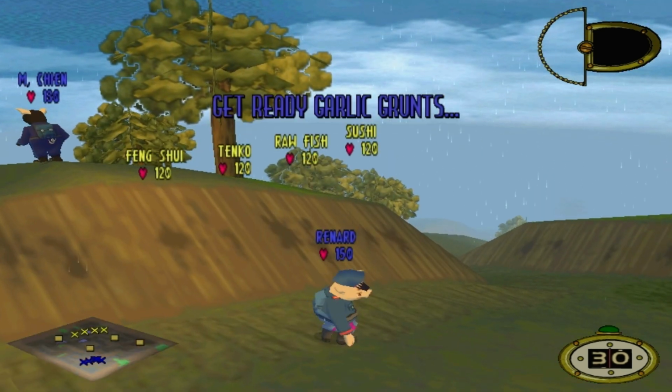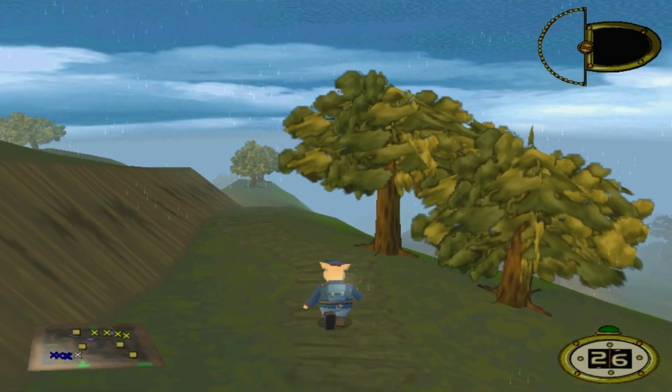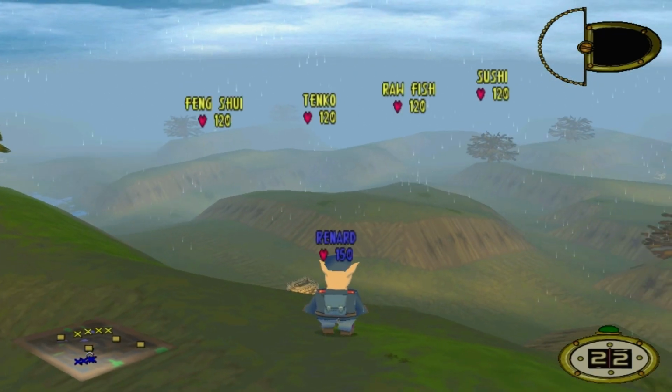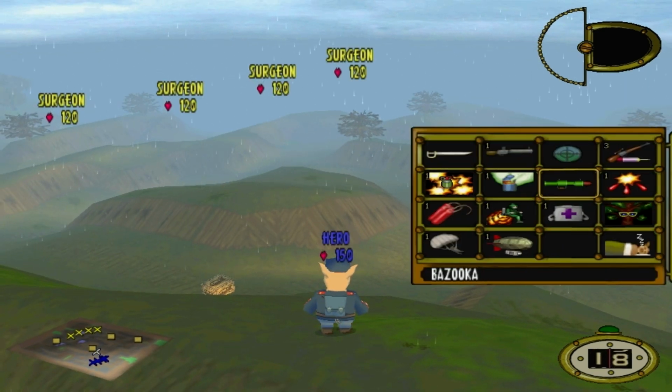Welcome back to some more Hogs of War here on Mission 20, Achilles Heel, where we face up against an entire team that is solely made out of surgeons. Now that is both good and bad. Good because it makes this mission longer, so we have more stuff to talk about, but bad because, well, it